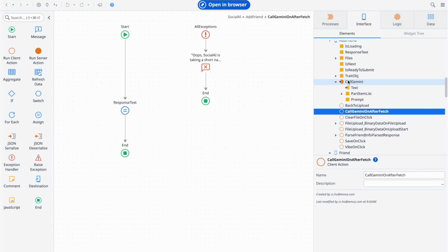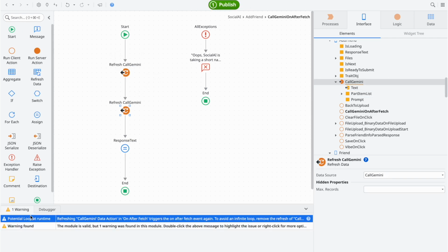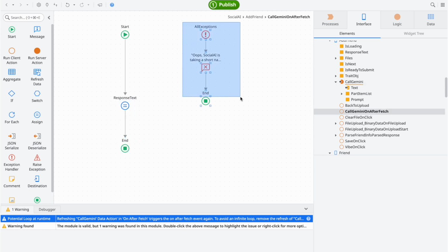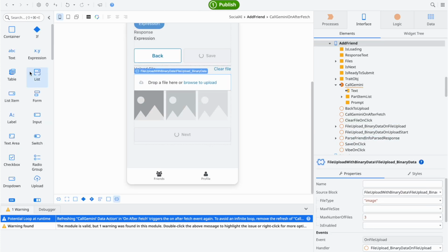And one of the advantages is that the IDE itself will warn users if there are too many calls happening. You can see that it will warn for a potential loop at runtime. So this is one of the advantages, and it helps you to refresh and handle exceptions on a per request basis. And the other thing that we have leveraged is the components that are available within our system UI,